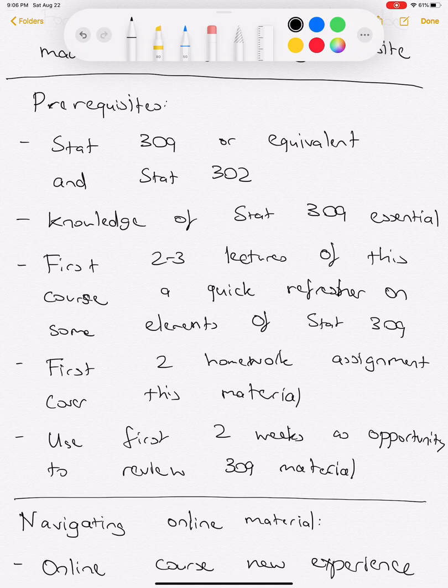And also the first 2 homework assignments will cover this material. So you should really use this opportunity as a chance to review any gaps that you might have in 309. In an ideal world, the first 2 weeks of material should just be very simple to you,